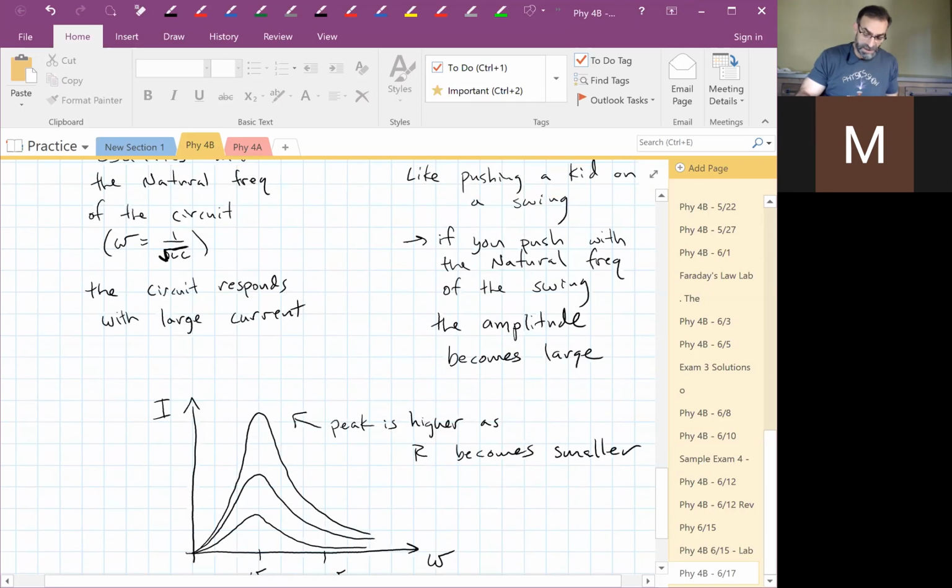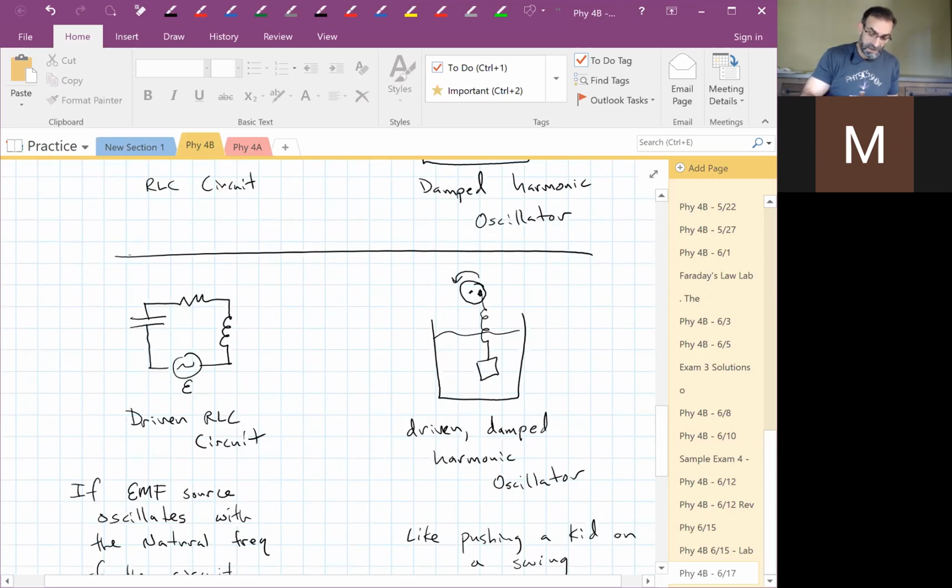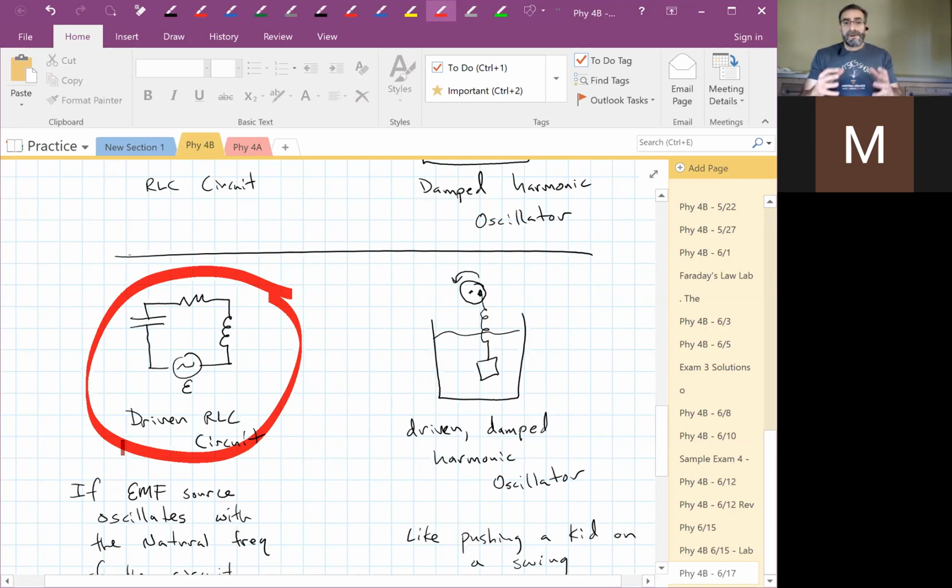So you have an LRC circuit like this, and you're driving it at the natural frequency of the circuit. So you get this big response, a big current flowing. And if a piece of metal, iron, goes over your inductor,